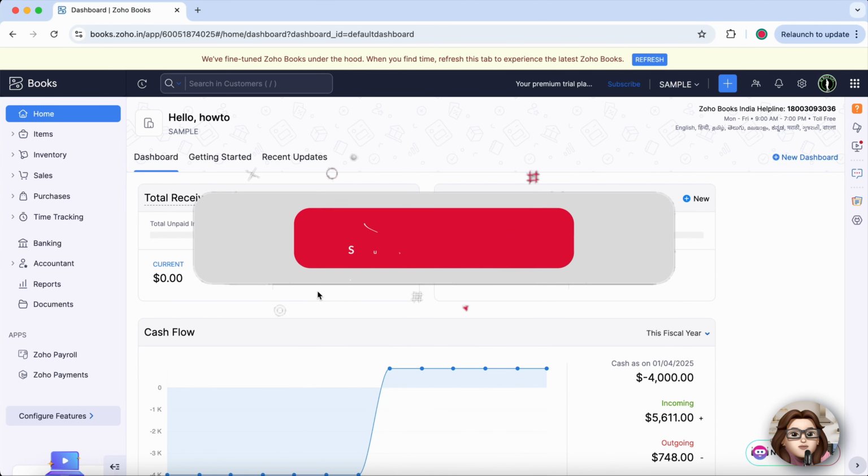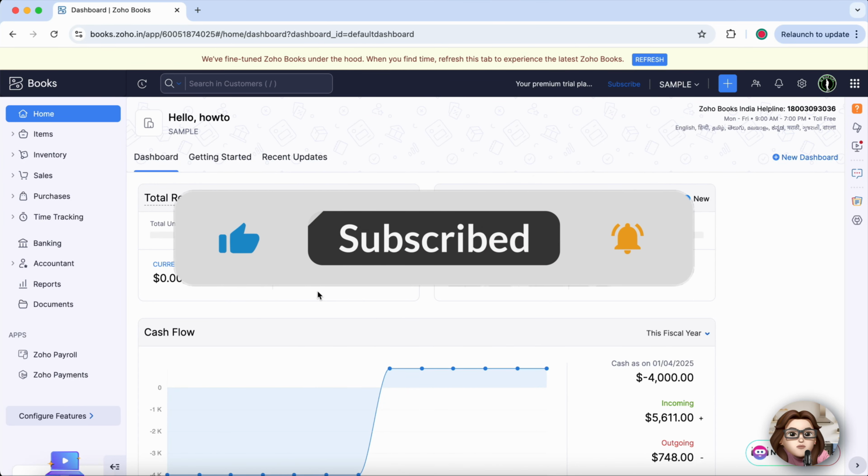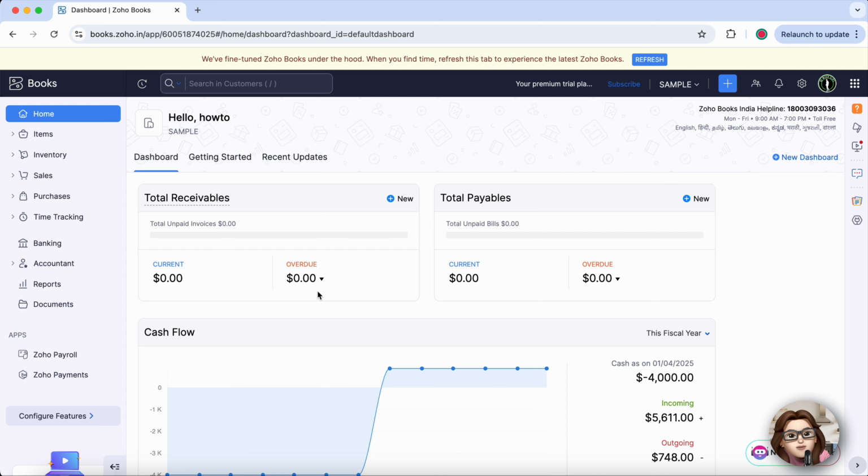In this quick guide, I'll show you how to enable GST in Zoho Books and make your account fully tax